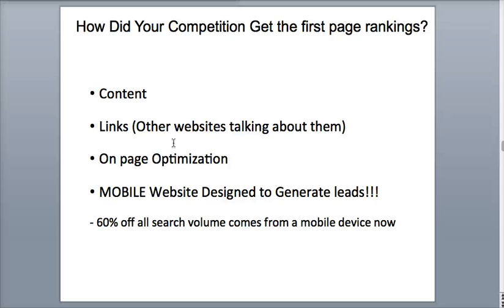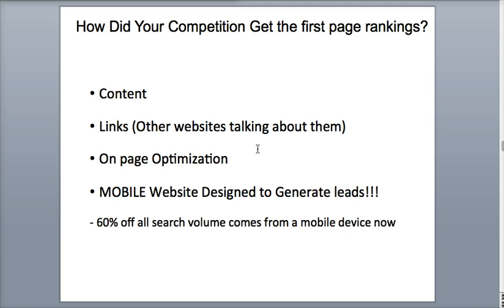Think of Wikipedia. I'm sure you've heard of Wikipedia. They rank for everything, any type of term you can think of. And why is that? It's because they have a lot of content on their website and Google rewards them for that. The other factor is links, other websites talking about your company or, well, we're talking about them right now,